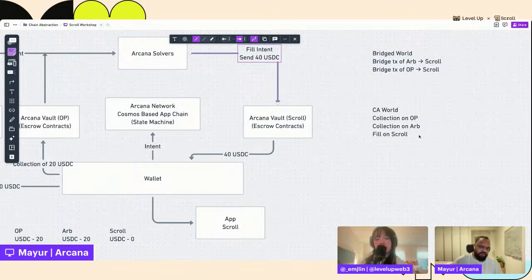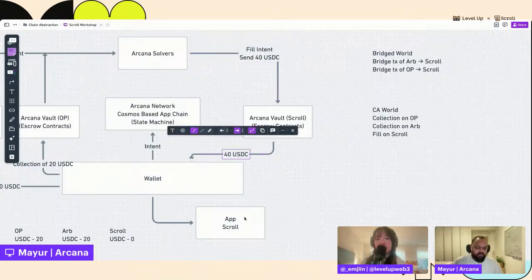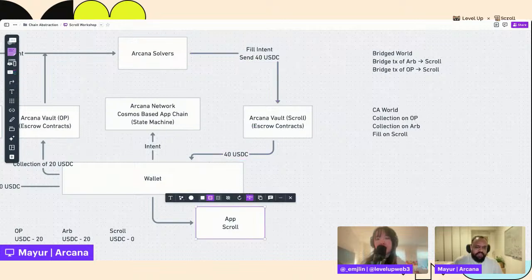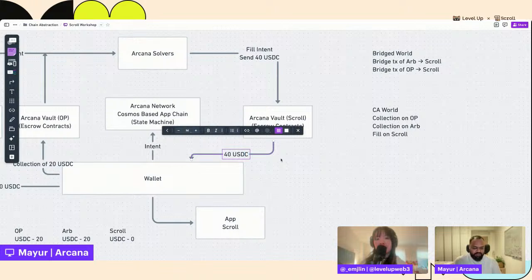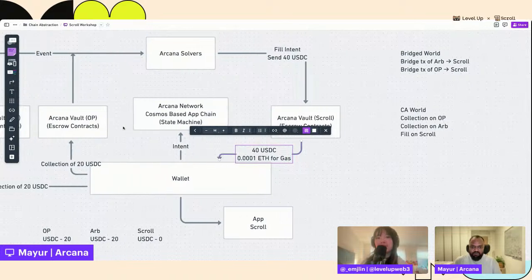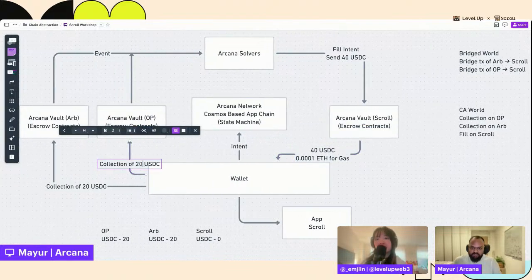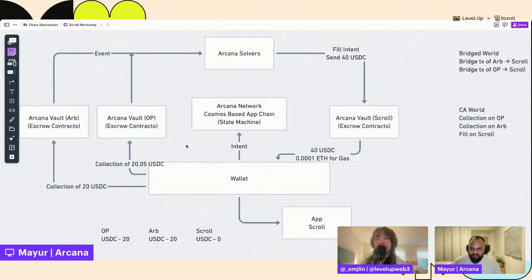And the good part about all of this is if I need this USDC and I need to submit this transaction on Scroll, I need even the gas token, which I may be missing. So what could additionally happen here is it sends me 0.0001 ETH for gas. And what I am going to be doing is sending 20.05 USDC.